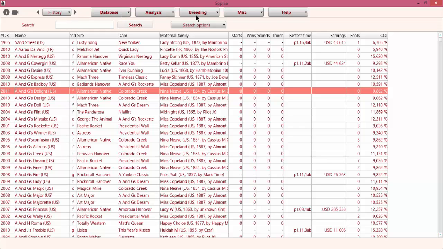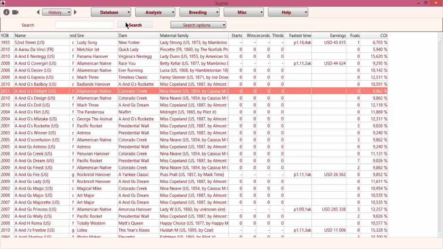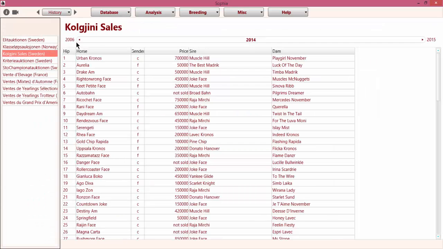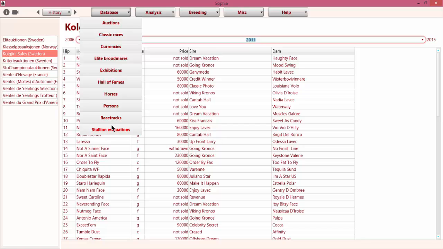Third group is a collection of 5 buttons, and the first one is database. Here you see, and you can go to all the constituent parts of the database. For example, I already went into the auctions. Here it is. You click on the auctions and you get the information on the different auctions, change the year and so on. So that's how it works up here in the database